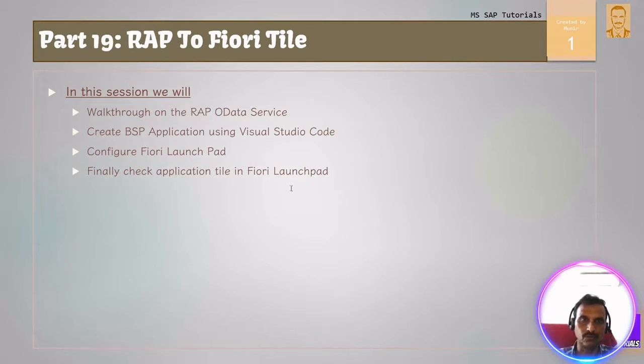Hello and welcome to part 19 of SAP RAP transactional app development using managed scenario. We have already seen in our past videos almost all the concepts that you can complete in the unmanaged scenario. Only one part which is remaining, that is once you have created your RAP OData service. So far we have only seen that